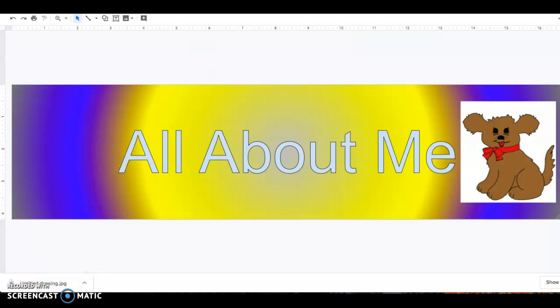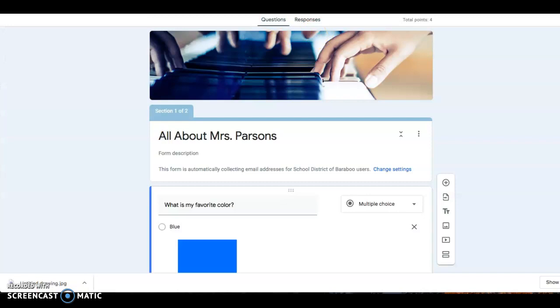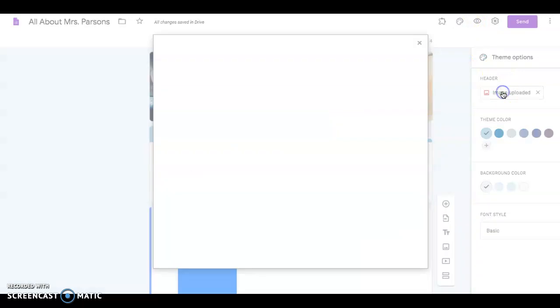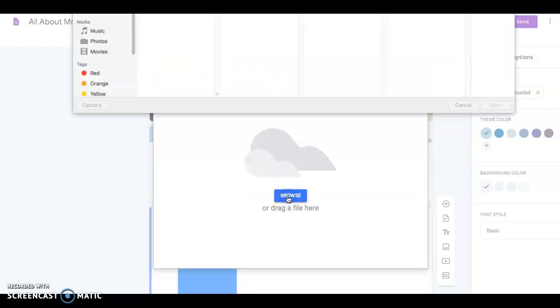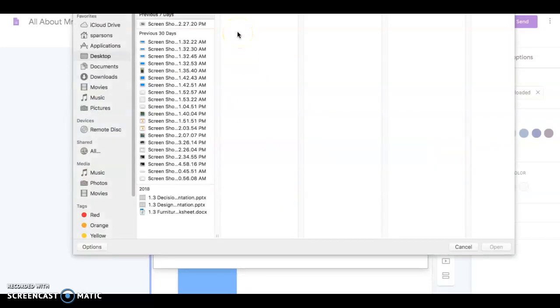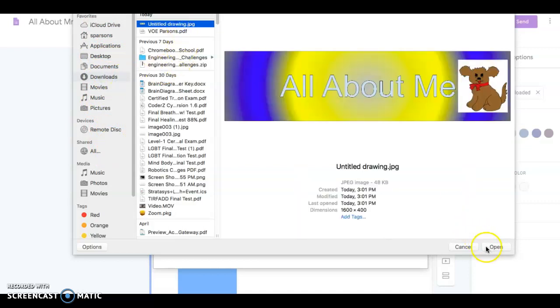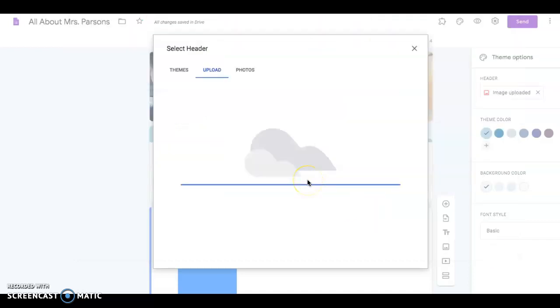And now I can go to my Google form and go back to my display settings and change my header to be my own file that I just created, that JPEG. I am not working on a Chromebook today, but you should have something that says like My Files, or Download, something over here that would allow you to find that Google Drawing from your Chromebook, and then we would upload it,